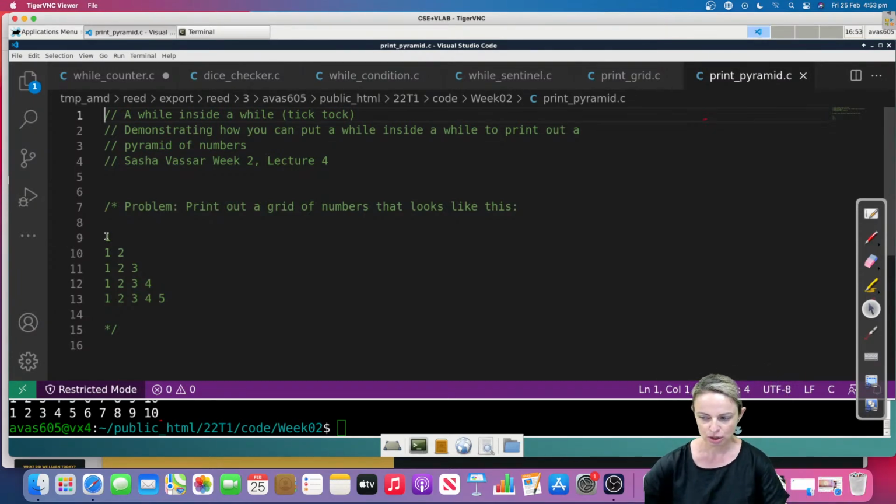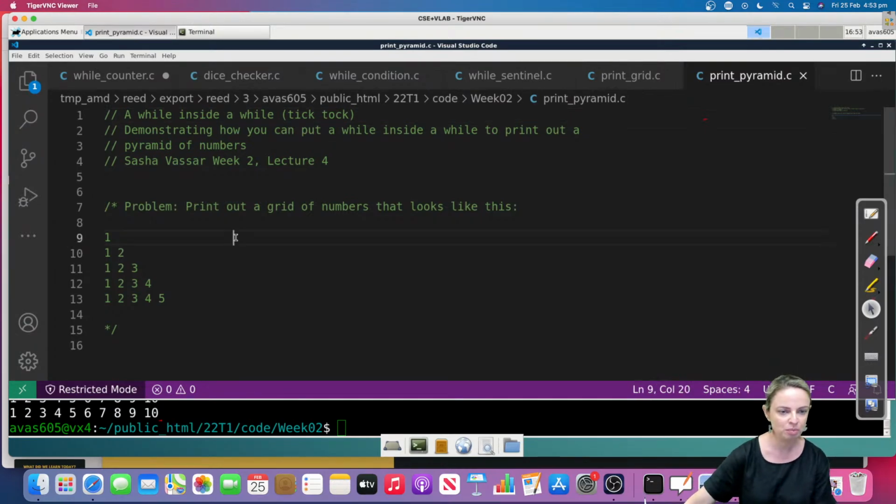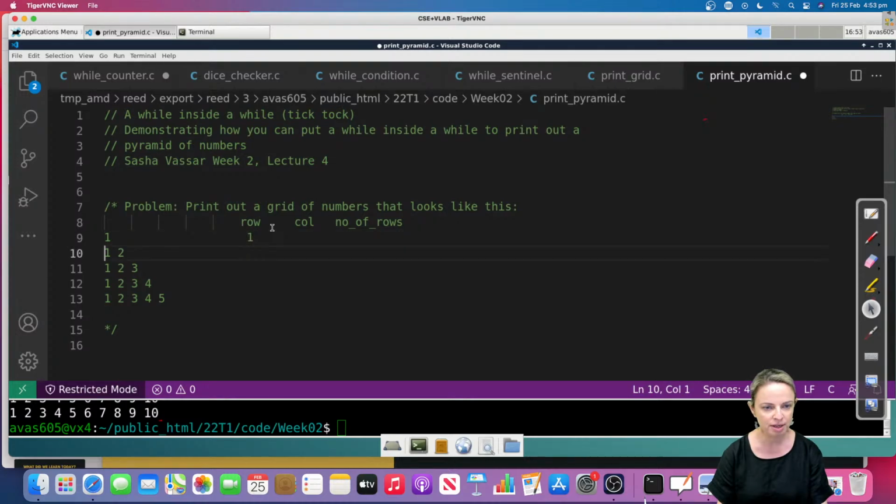Okay, so your while in a while is going to look a little bit different. Usually I like to set these problems out by just thinking what the row and the column and the number of rows looks like, because sometimes it helps you to visualize it. So here I'm in row 1 and I'm in column 1,